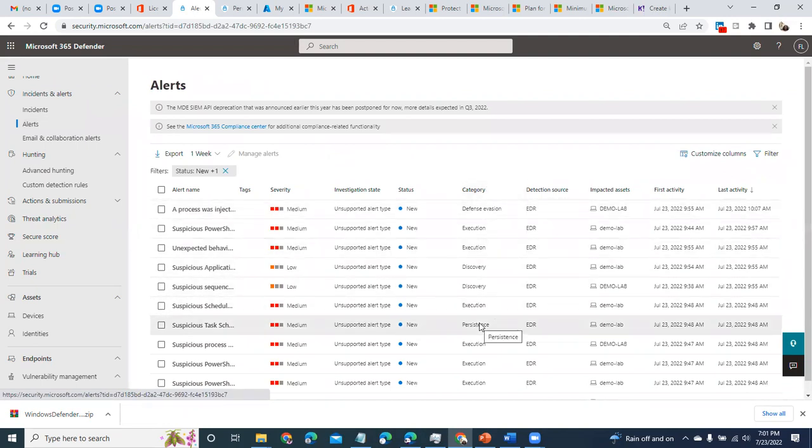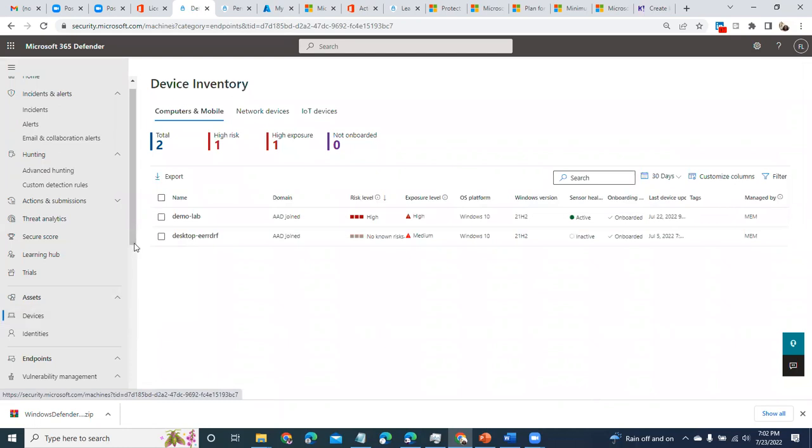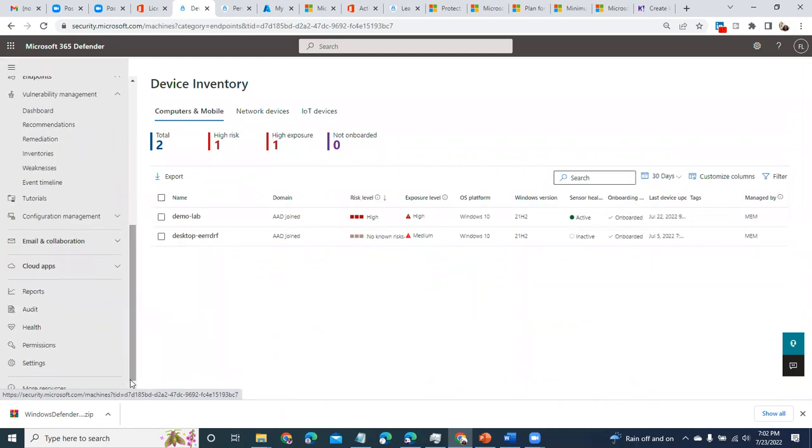It's Microsoft's default categorization based on threat detections. I don't know if I did answer the question. Feel free to unmute your mic if you want to clarify. Yeah, you answered the question.